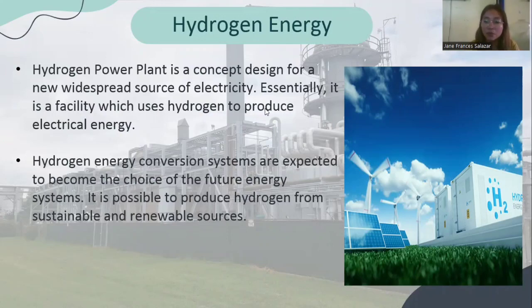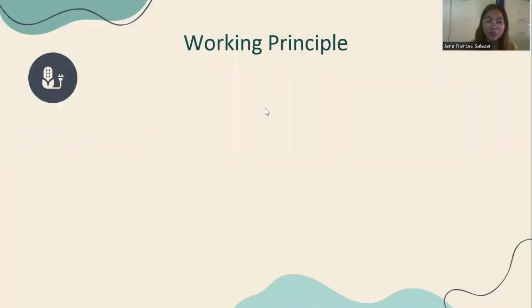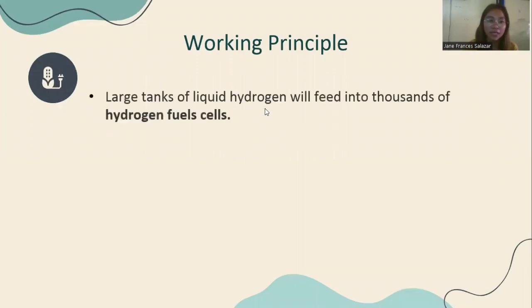It is being proposed as a large facility, not unlike a nuclear power plant in appearance. The cost involved with containing the hydrogen means the overall cost of hydrogen-based electricity will be greater. Next, the working principle of the hydrogen power plant. The large tanks of liquid hydrogen will feed into 1,000